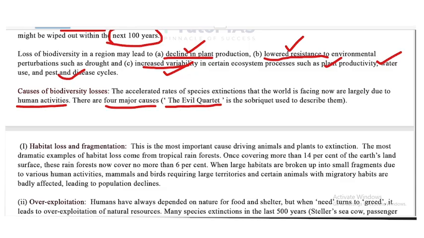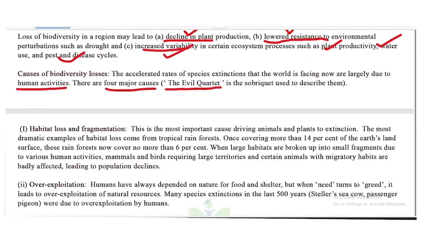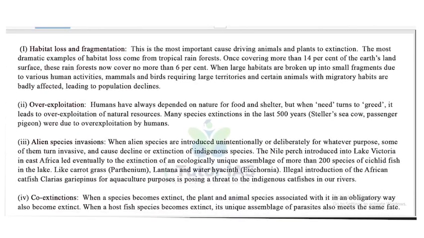One is habitat loss and fragmentation. This is the most important cause driving the animals and plants to extinction. The most dramatic examples of habitat loss